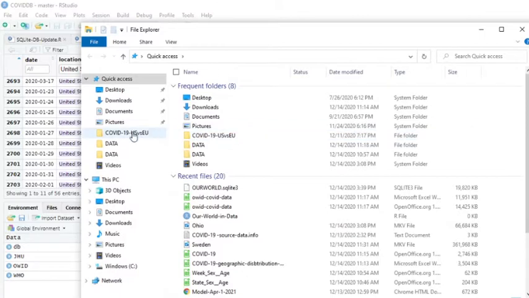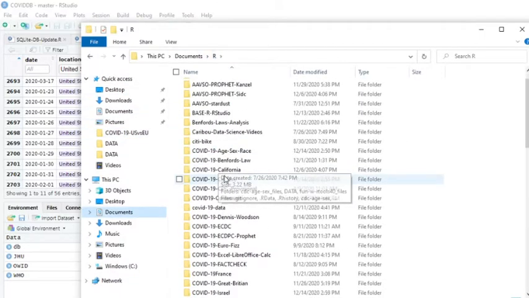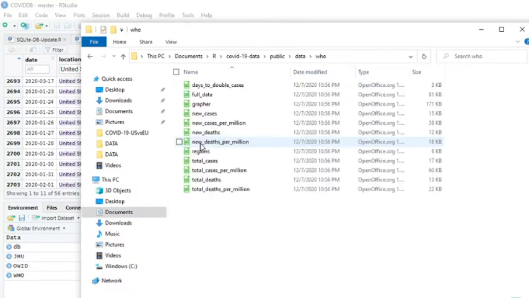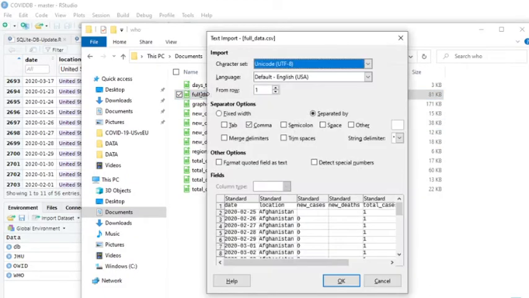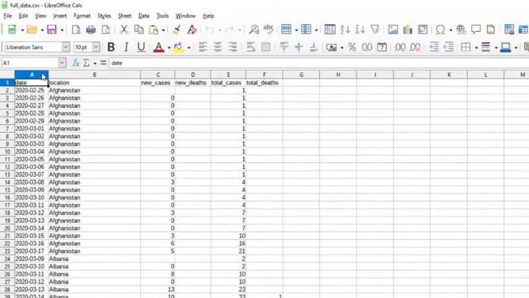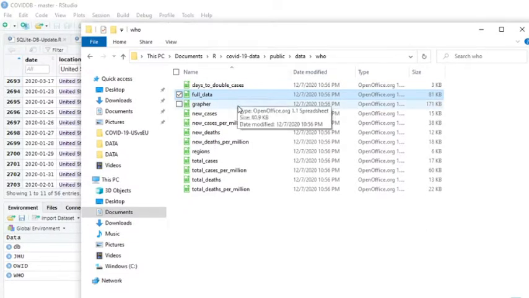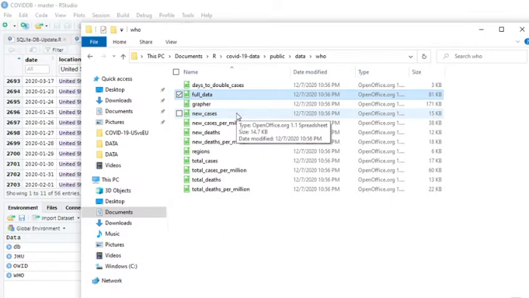Let's come back over here and take a look again at this data set. That's the full data for WHO. New cases.